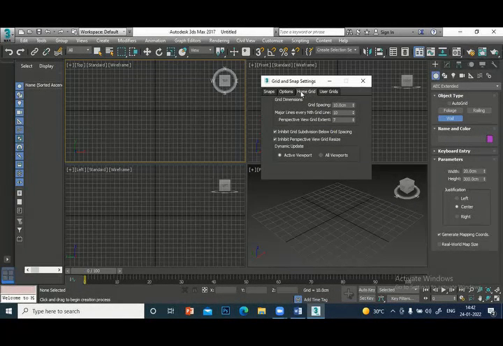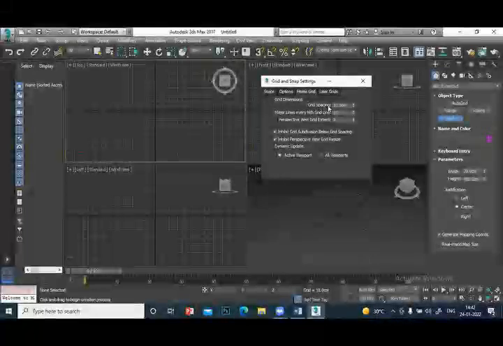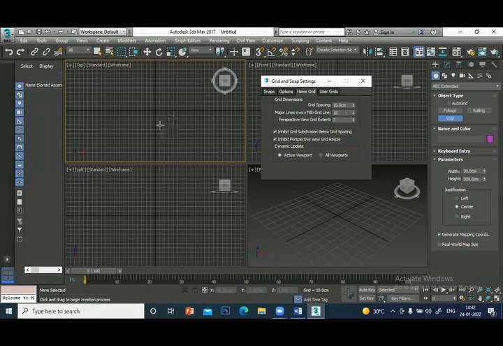You just see this home grid. Grid spacing is 10 centimeters, so the distance between 2 lines is 10 centimeters here. Major lines at every 10th.